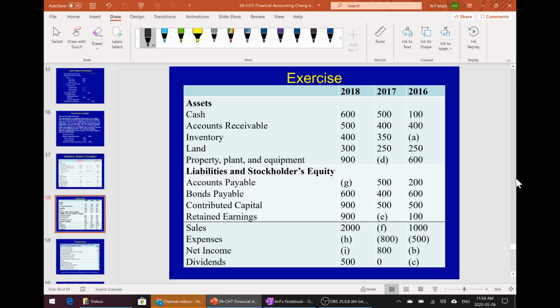The first exercise we are going to look at is that we have 3 years of balance sheet and income statements given, and there is some data missing like A, B, C, D, etc., and we have to fill that data. You can see that the line over here is showing that above this line we have the balance sheet, and below this line is the income statement. I will take you to notepad, and there we will do the exercise. So let's move to the